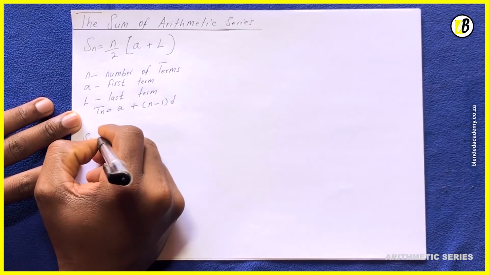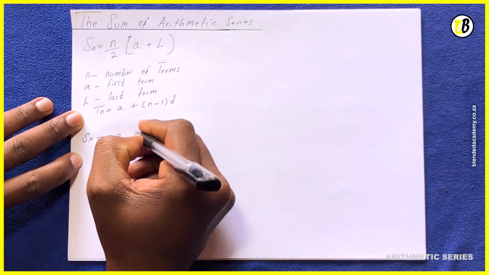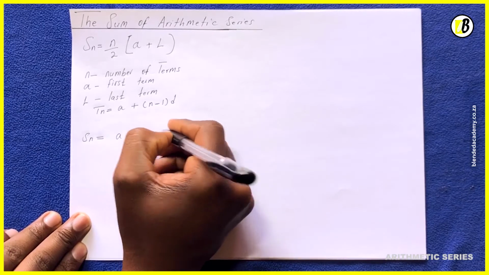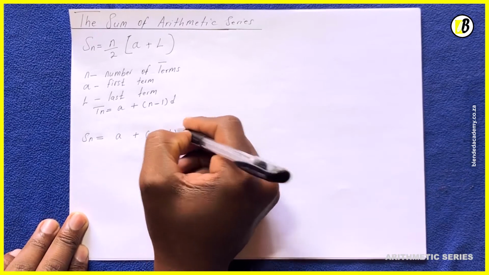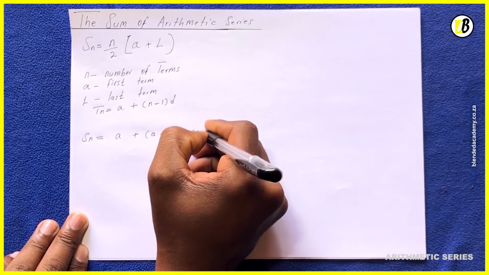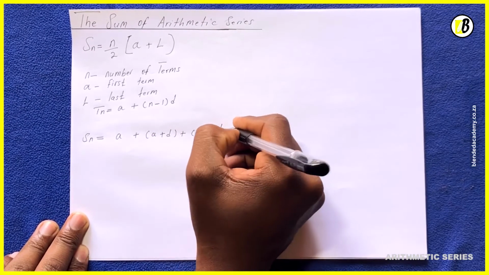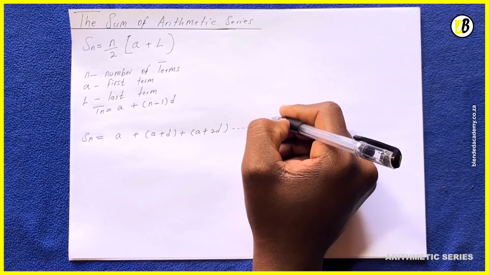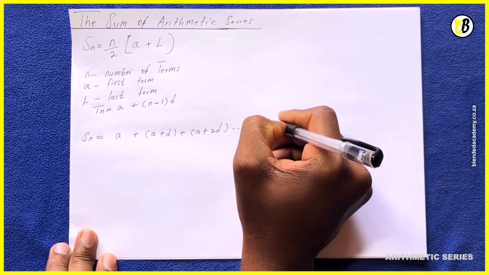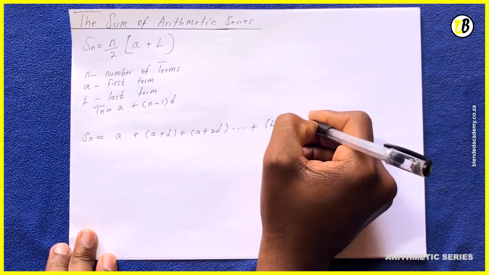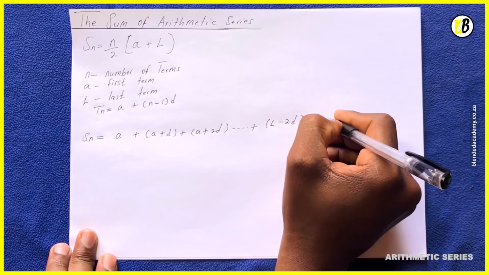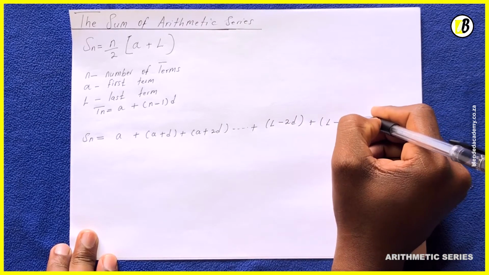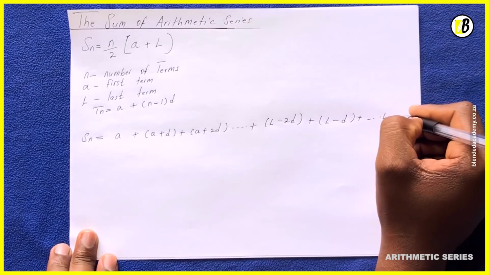We have Sn is equivalent to a plus, I will explain everything to you guys, a plus d, close brackets, plus a plus 2d, and then we have L minus 2D plus L minus D plus L. This is our equation 1,